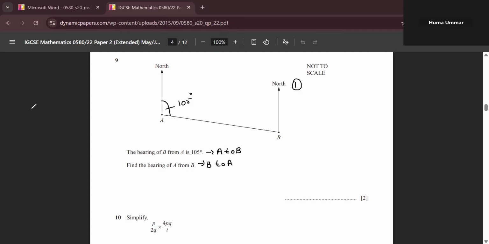What I will do, I'll change the color. Okay. Now look over here. B to A means we always, in the bearing, remember, we always start from north. We always go clockwise. Okay. This is something very, very important. This is what we have to find. So the first method which I'm showing you,